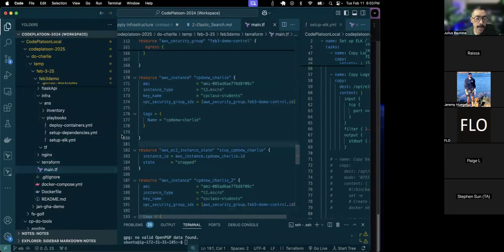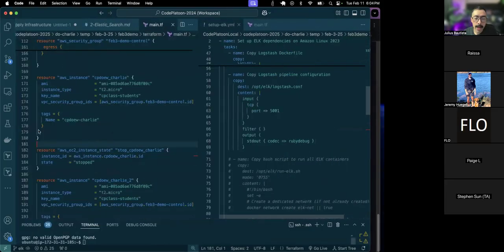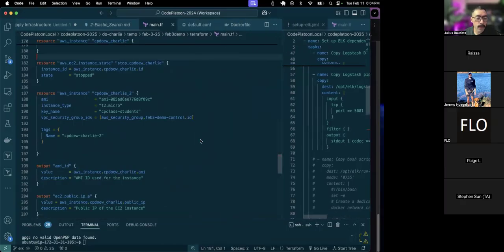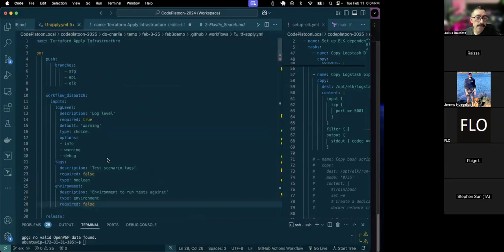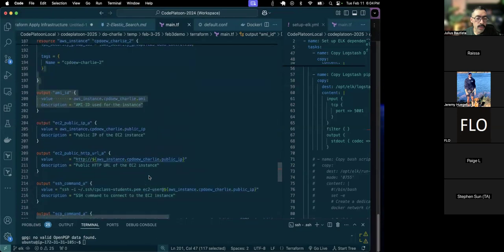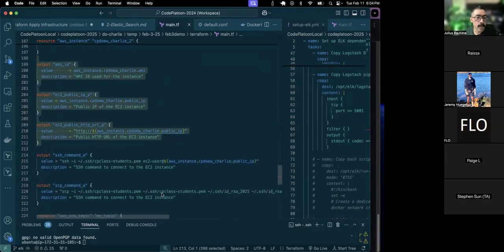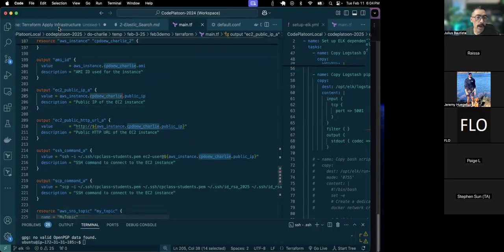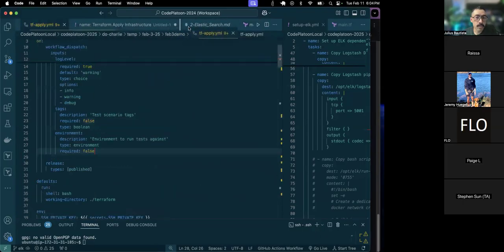because if you remember, we basically added a second EC2 and we set a resource to stop that first EC2, but we didn't update the workflow that utilizes the IP address given to us from the EC2. And right now it's still giving us the IP address from the first EC2. So if we look at these outputs, they're all still referencing the original EC2, which should now be in a stopped state. And if we go back to our workflow,